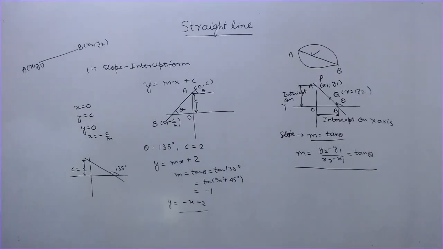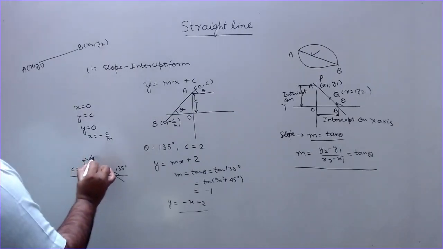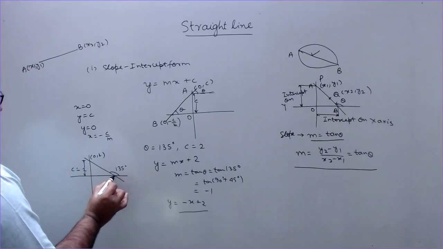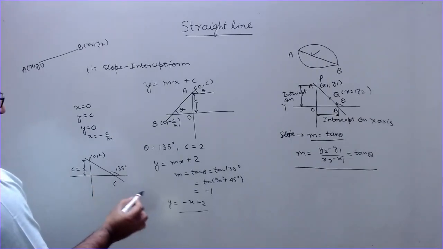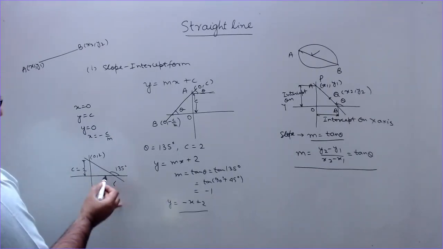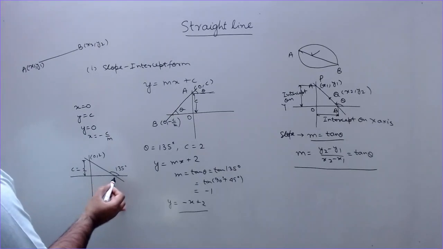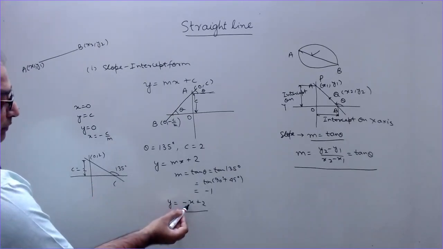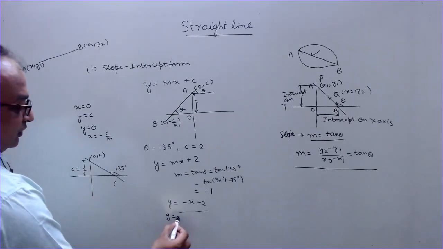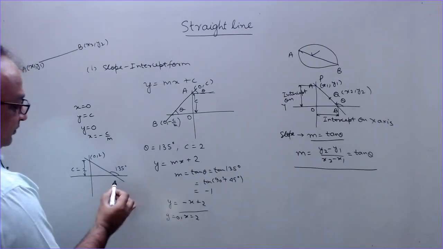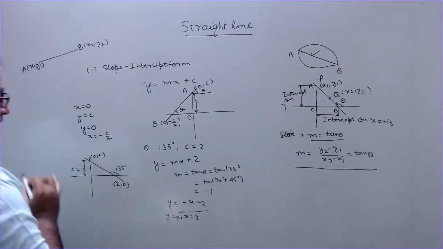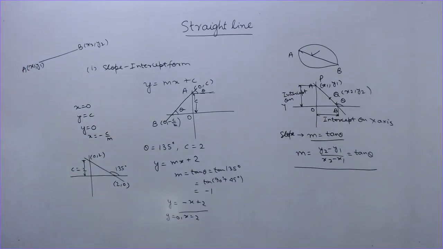You can show the point through which the line is passing. This point is 0 and 2, and this point is, if you put y equal to 0 here, where the line cuts the x-axis, if you put y equal to 0 here, x will be equal to 2. If y is 0, x is equal to 2. So this point is 2, 0. So this is how you can show the form of a line, or you can